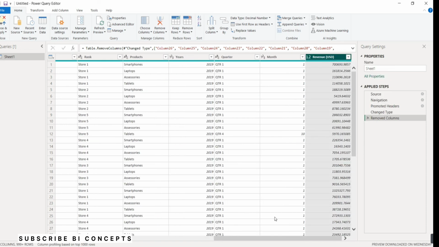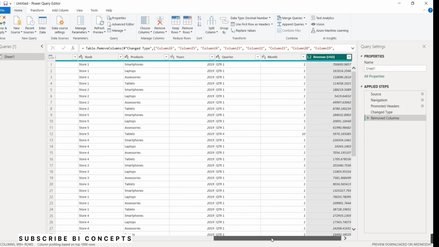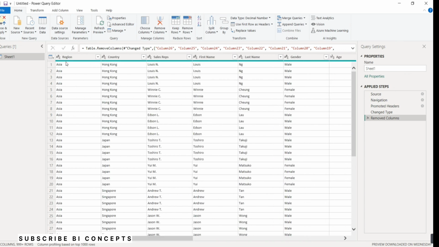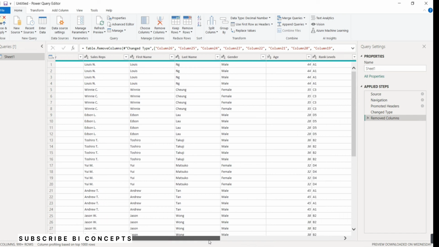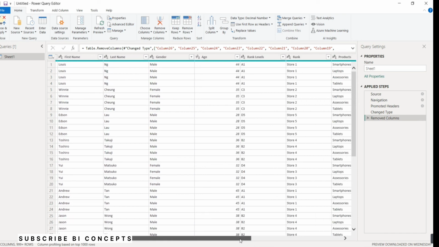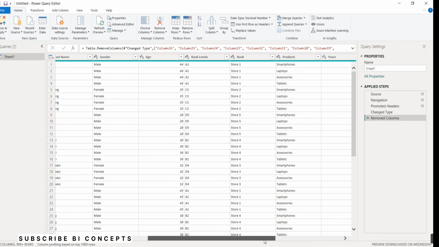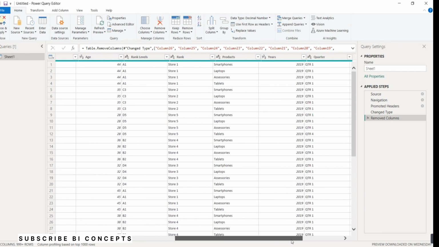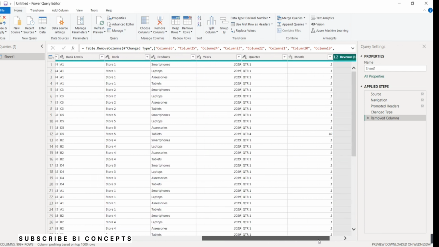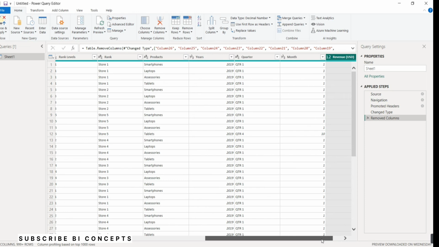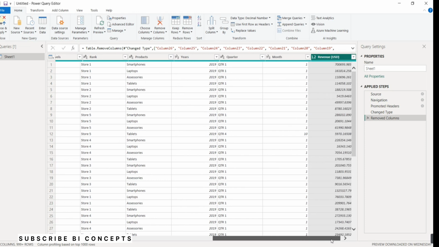Now we will see what data we have in this sheet. The first column is region, and we have different regions in this. The second column is country. The third column is sales representative, with their first name and last name, and their gender. Then we have their age, then rank level, then their stores. Then we have data for product, then years, then quarter